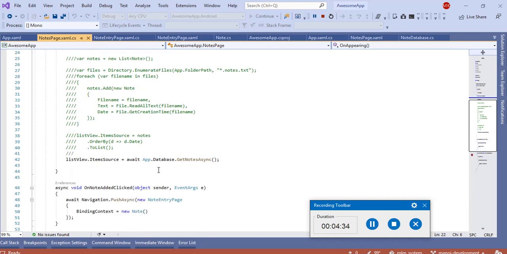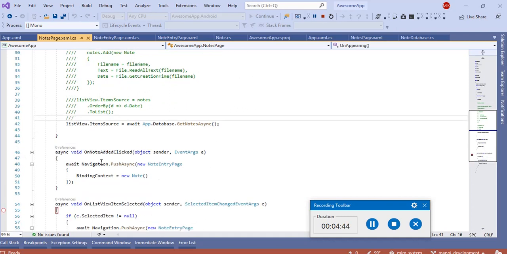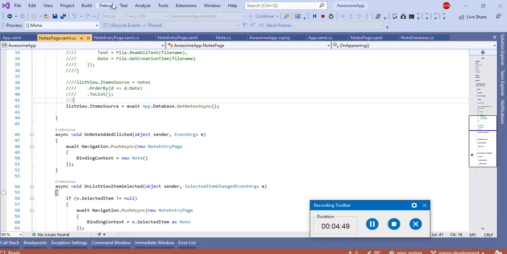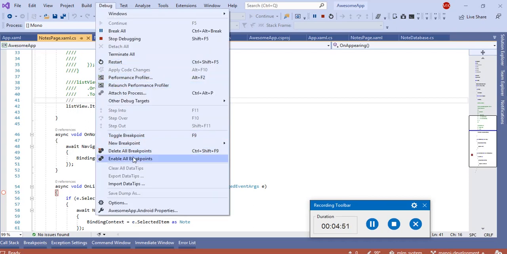So I am getting the list from the database and giving the list view its item source here. So whenever my application runs, I can see the list. Let me debug this application and you will see everything here.